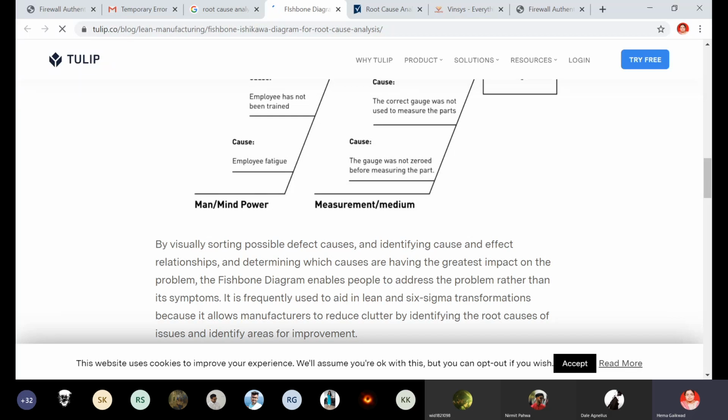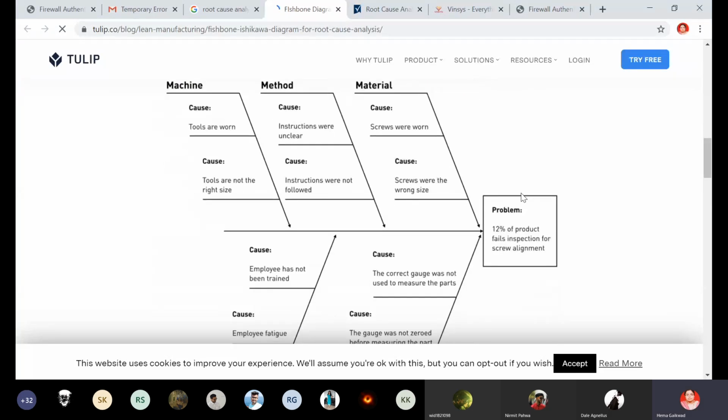Now in your mind a question must be coming: Ma'am, what is the use of preparing this diagram? We could do this just like that. What is the need of preparing it, and why do this boring exercise? The advantage of this diagram is, with the help of this diagram, at a glance we can see, okay, yes, this is the problem and these are the various causes. And when we look at the causes one by one and find out the corrective action, the way we can solve this problem, automatically your problem will be solved.